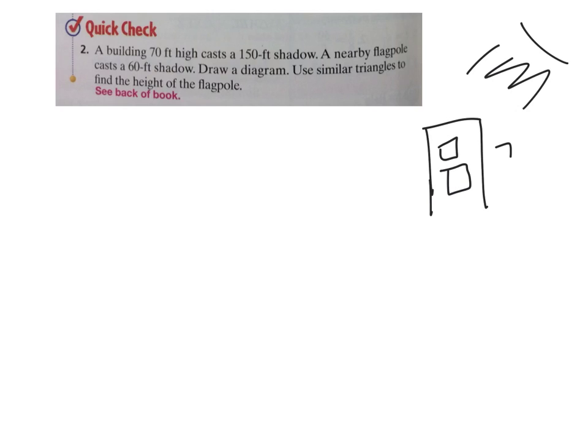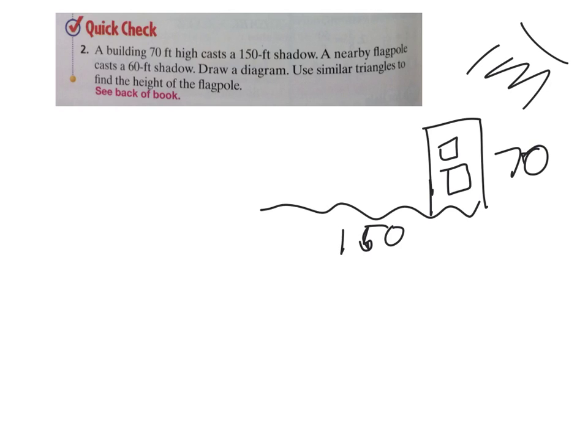So let's draw a building here first. So we have a building right here. Don't forget the sun's up here, it's shining, it's a beautiful day, right? Building over here, and then we know that that building is 70 feet high. And that building casts a shadow of 150 feet. So there's the shadow,